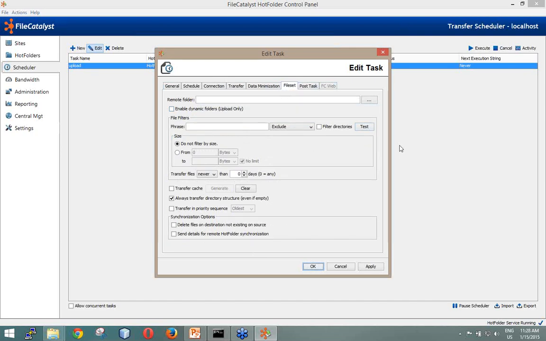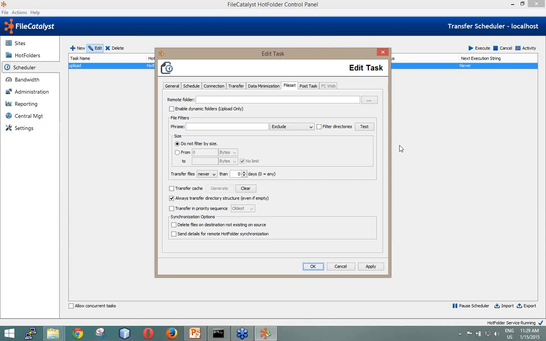File set. So think of a file set as this: since you could have in your scheduler multiple tasks, you can make yourself one task for the very, very big files that take a really long time, and you can make yourself another task for the very small files. So you can point those tasks to the same folder. Imagine one task is doing the big files, and the other one is doing the small files. So you can access the small files very quickly without waiting for the big files to finish. So this is how you can do file set. There's a lot of other filter applications, but this is sort of the one that comes up right now.